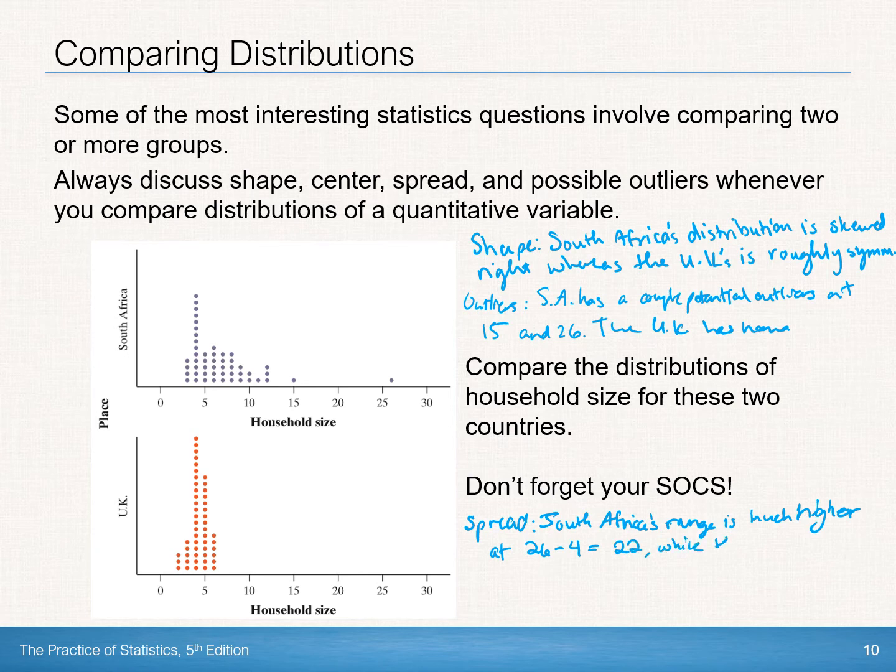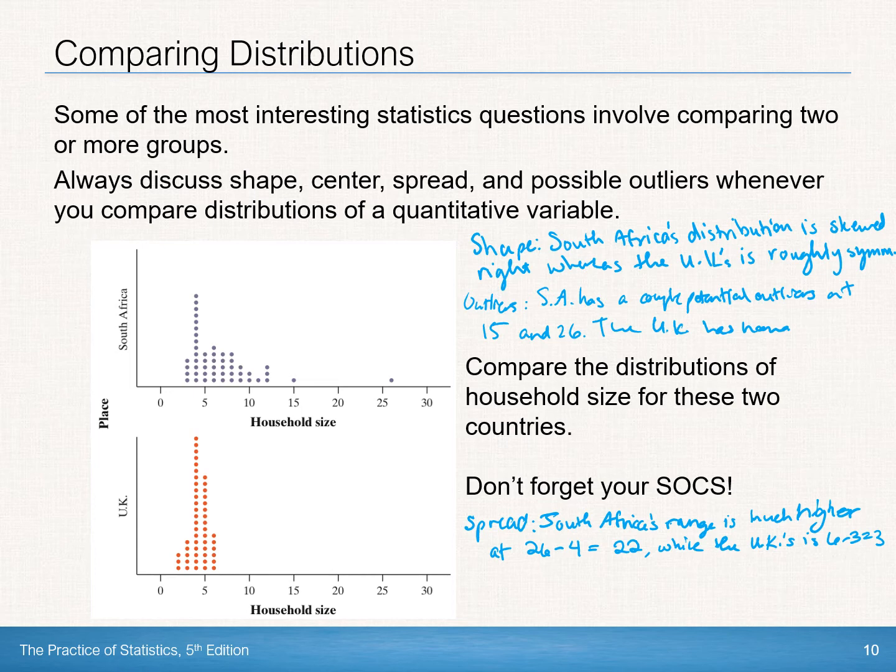while the UK's, that's terrible handwriting, I apologize. The UK's is 6 minus 2, we can estimate a little bit, 2 or 3, only 3. And